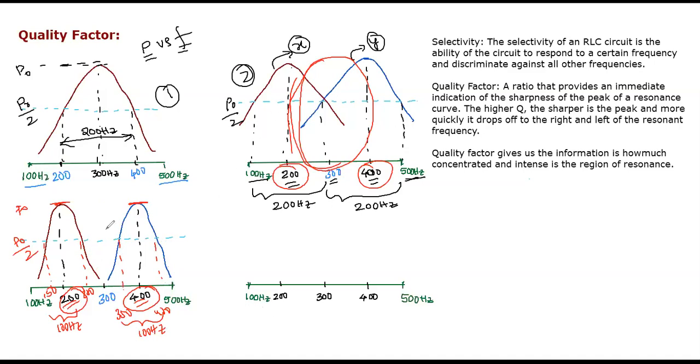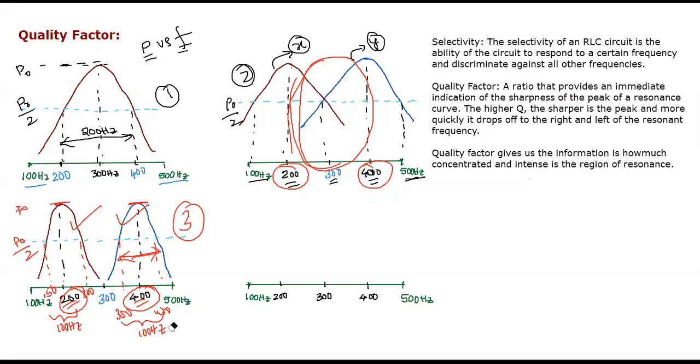So comparing case 2 and case 3, what we have done is, in case 3 we have reduced the bandwidth from 200 hertz to 100 hertz, so that we have increased the sharpness of the resonant curves. Comparatively, compared to case 2, in case 3 the RLC circuit power resonant curves' sharpness has been increased. Clear? So again, if we increase the sharpness, even in that case,